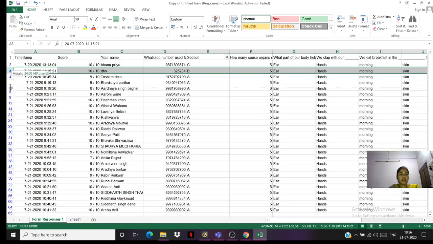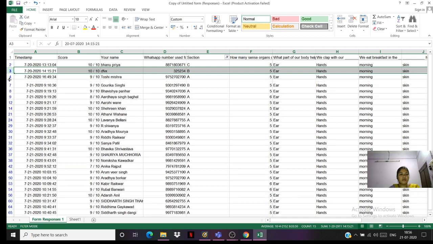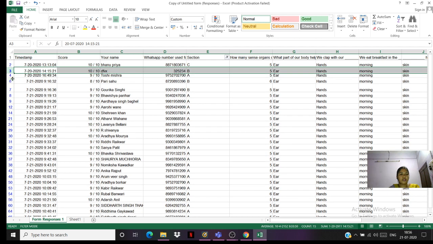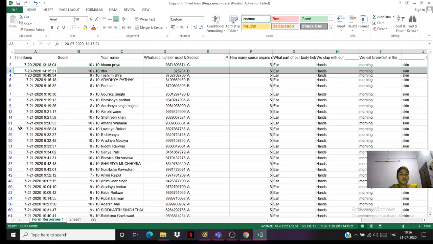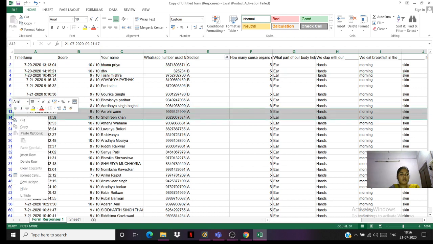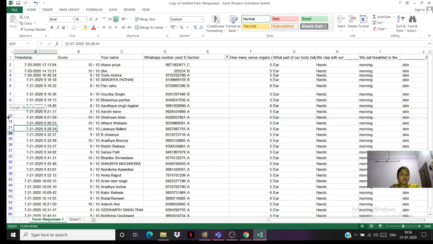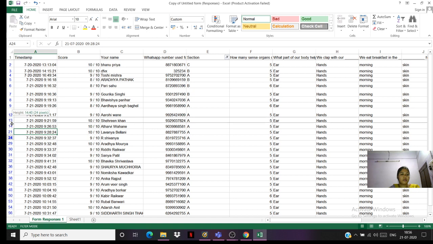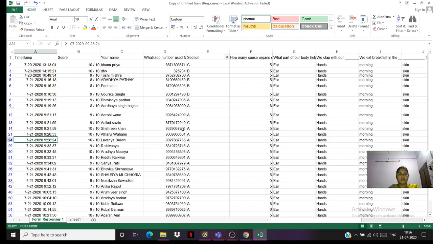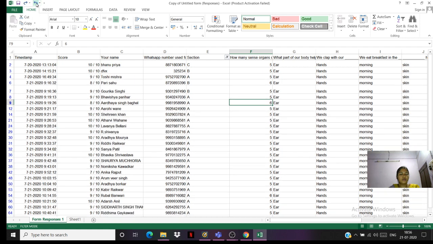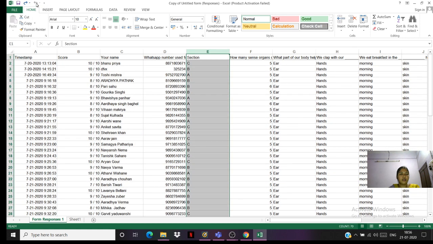So this way things get hidden sometimes. So this section is not done properly. So again I will select. I will first do all the things again so that it is done properly.